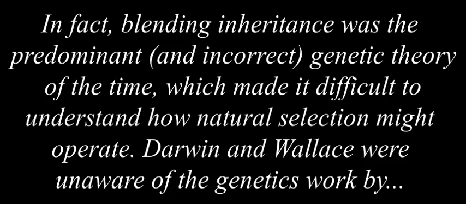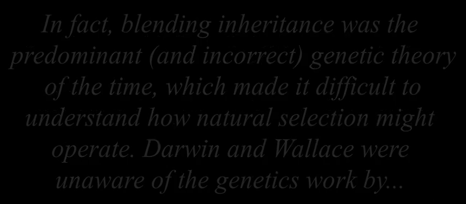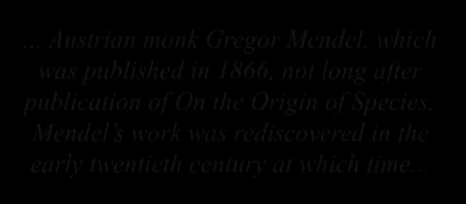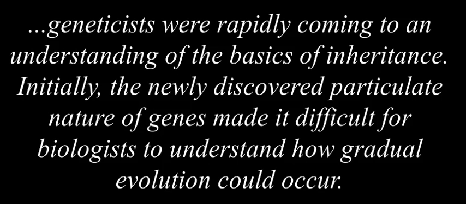Darwin and Wallace were unaware of the genetics work by Austrian monk Gregor Mendel, which was published in 1866, not long after the publication of On the Origin of Species. Mendel's work was rediscovered in the early 20th century, at which time geneticists were rapidly coming to an understanding of the basics of inheritance. Initially, the newly discovered particulate nature of genes made it difficult for biologists to understand how